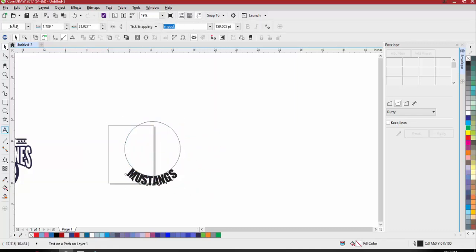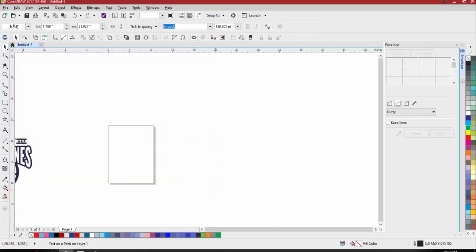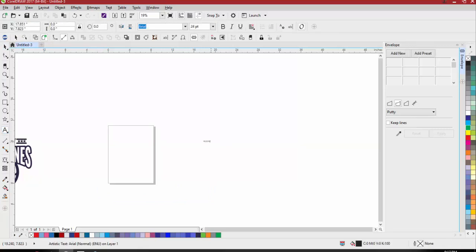So our last question was, when we're creating these envelopes, does it help to do a left, center, right, justify with the text? So if you want to set these up as an envelope that you can create as a live template, it does matter. So what we can do in that case is, there's a couple things that matter when we're creating a design that we want to eventually use as a live template. So one being, if I have the word Mustangs,